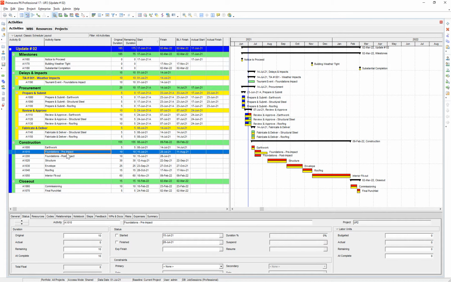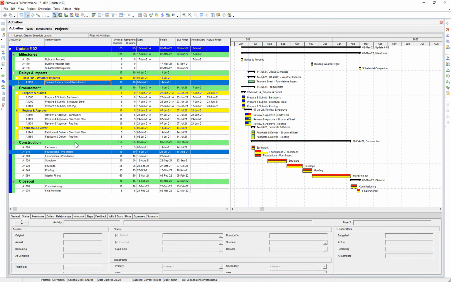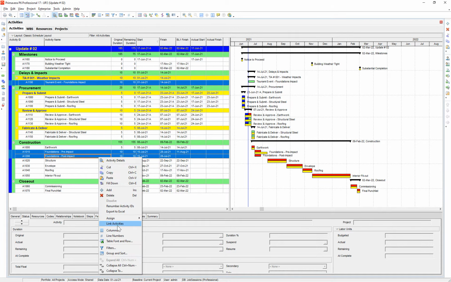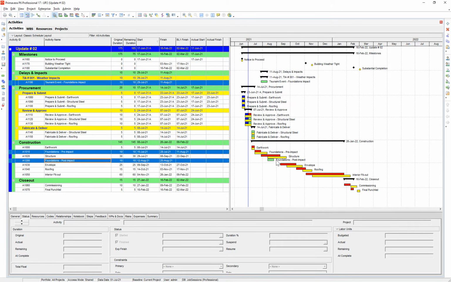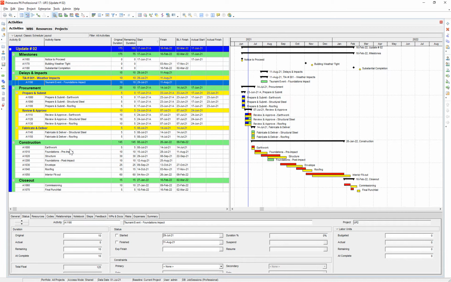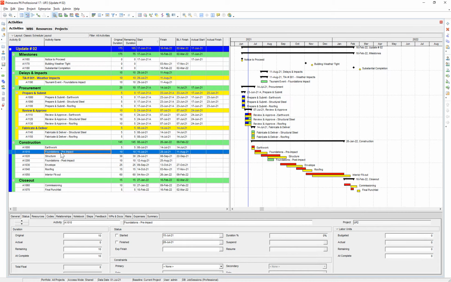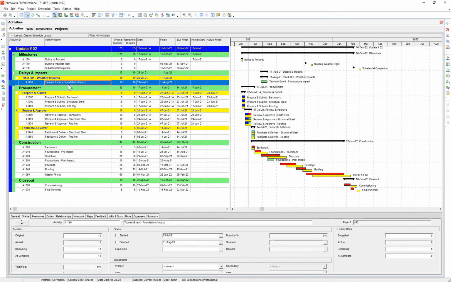So what I do is I click on this pre-impact one, hold my control key down, this is my shortcut, and then I click in the sequence that I want the activities to occur, and then I right click and I say link those activities together. And when I reschedule it, you'll notice that it goes foundations, then the tsunami, and then the